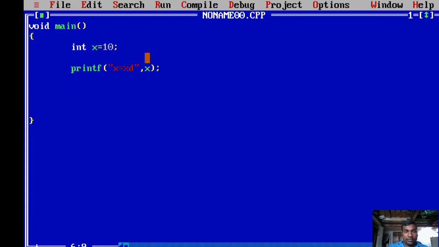So what happened, this %d was replaced with the variable x. Whatever value exists in the memory location x will be replaced here. So x is the value 10, so 10 is replaced here, x equals 10 is the output, right.